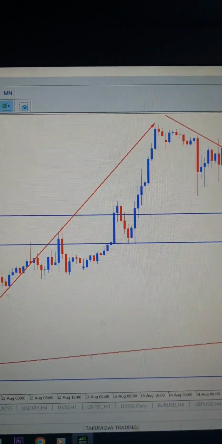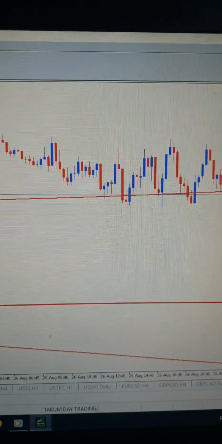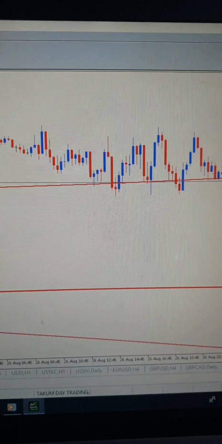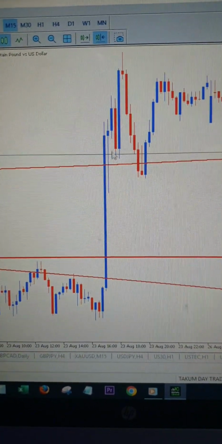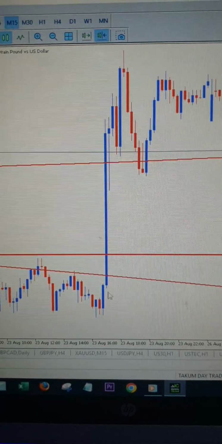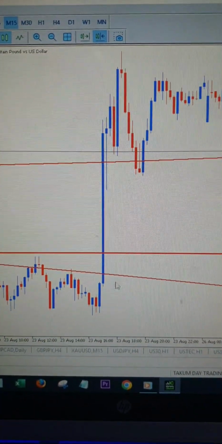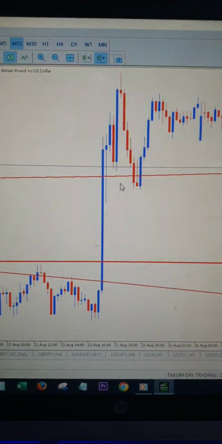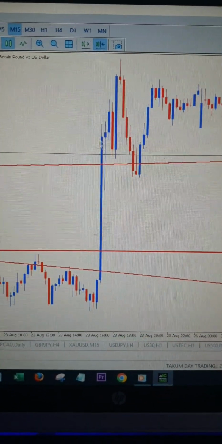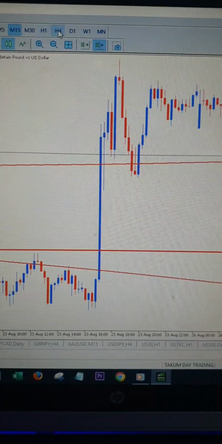Even if you go down to the lower time frame, the one hour time frame, you see that this candle is very long. Even go down to the 15 minute time frame, you see that the candle is still long. And to show that there was actually news, there was news. I missed that news. There was powerful news for one to trade and make some blue pips. If I traded that, I would have made some blue pips. But nevertheless, we missed out on that. So back to our